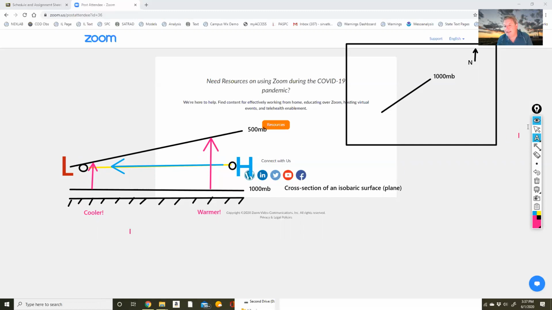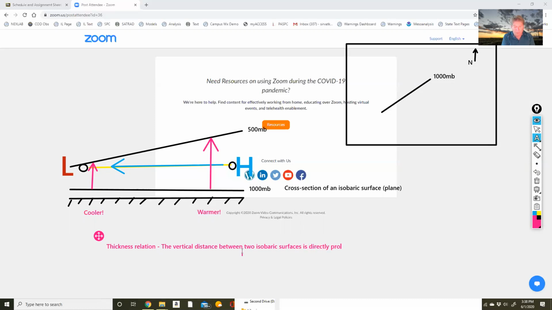All right, so what I need to do here is I need to write you something, and I'm going to say this is known as the thickness relation, which says the vertical distance between two isobaric surfaces is